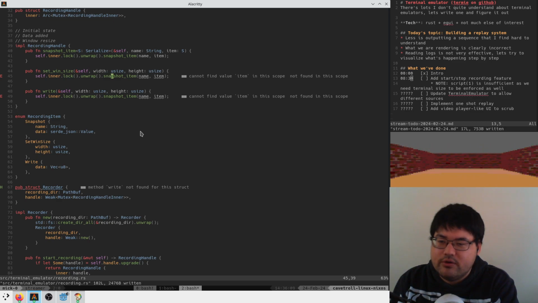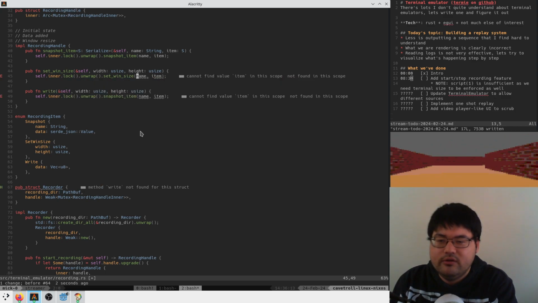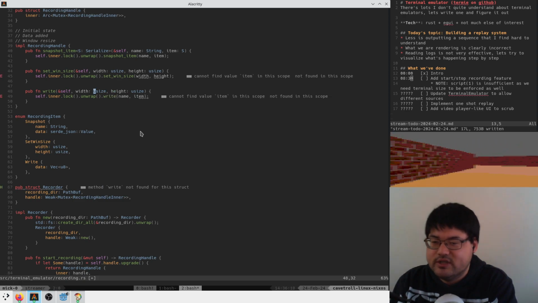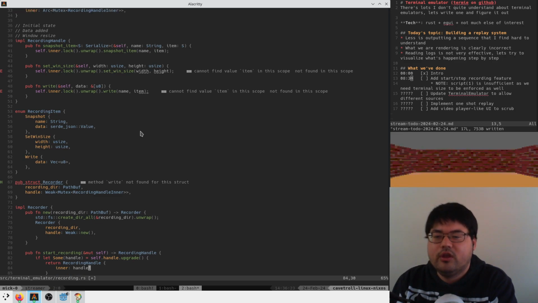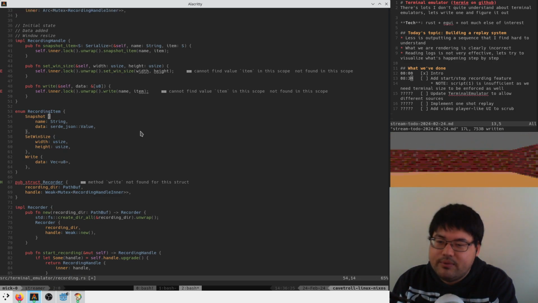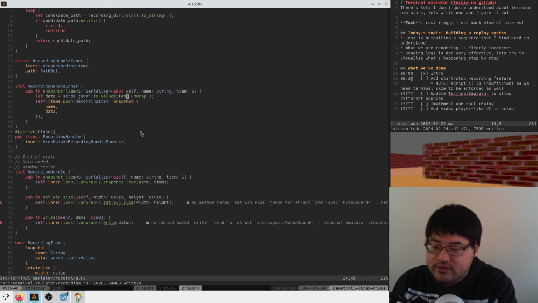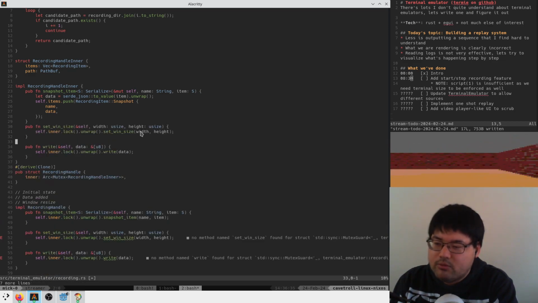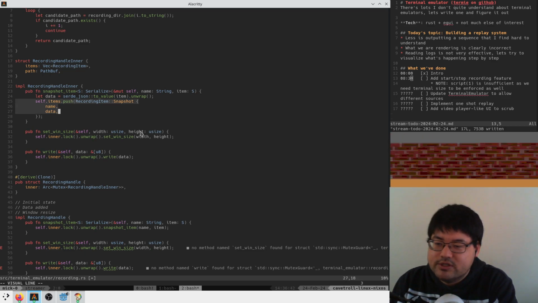Okay. So here, set win size width height. And this is write, and it doesn't take in width height, it takes in some data. And that means that this guy just takes in data. And then we need to do the same thing here. Womp womp, copy paste, copy paste. Pipe in through. And now we have to do the same thing where we serialize these things. So we just push